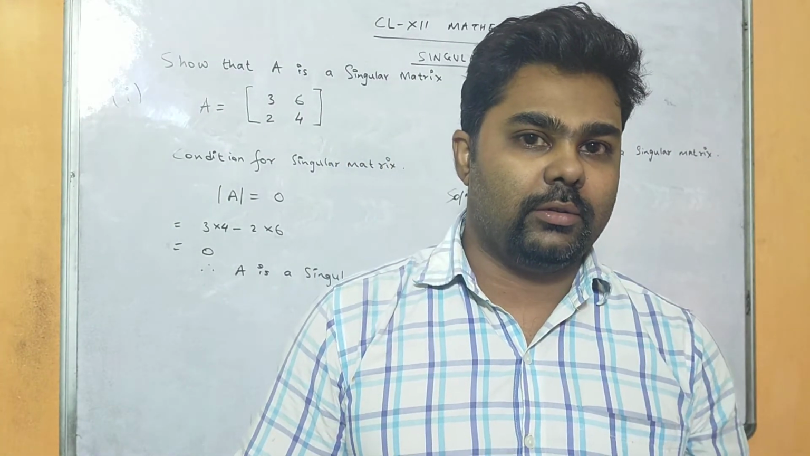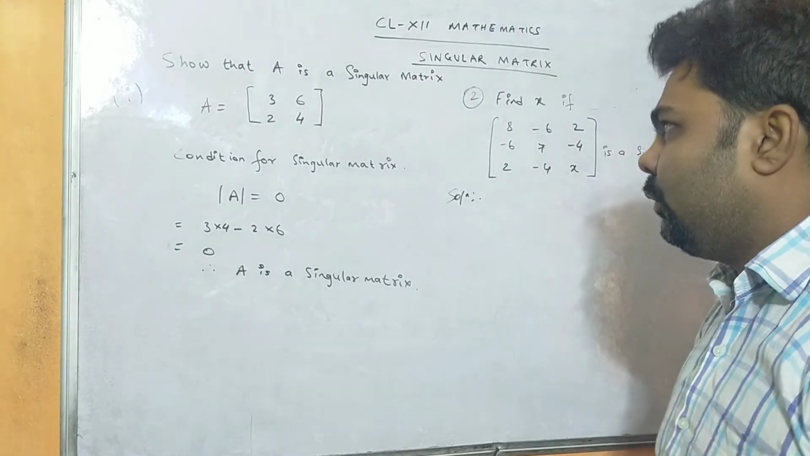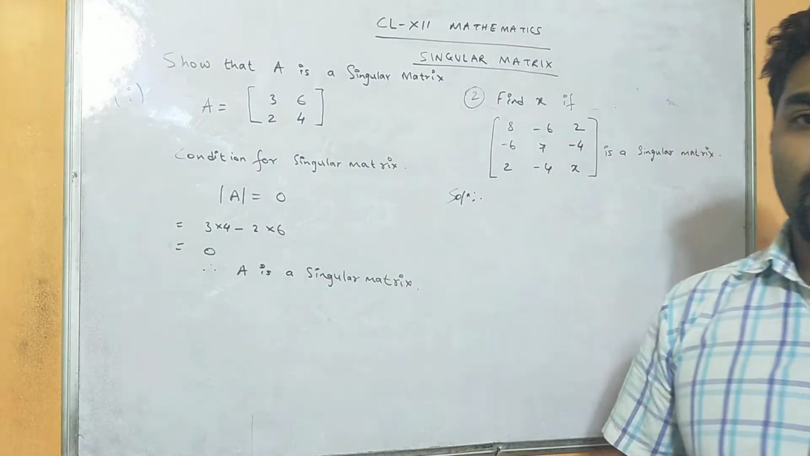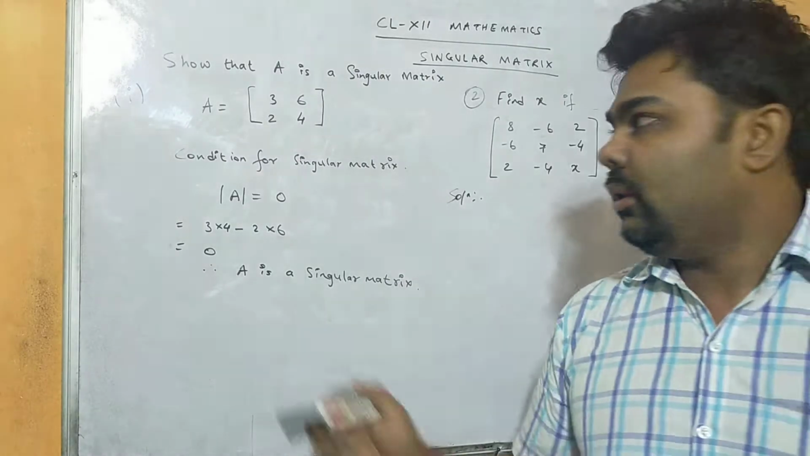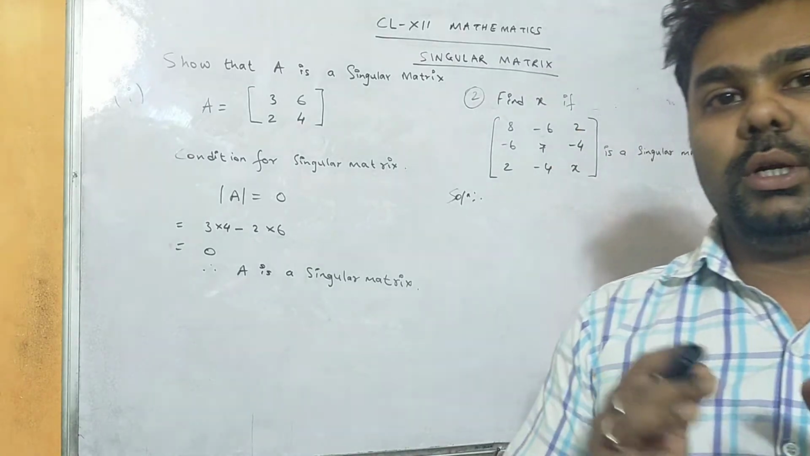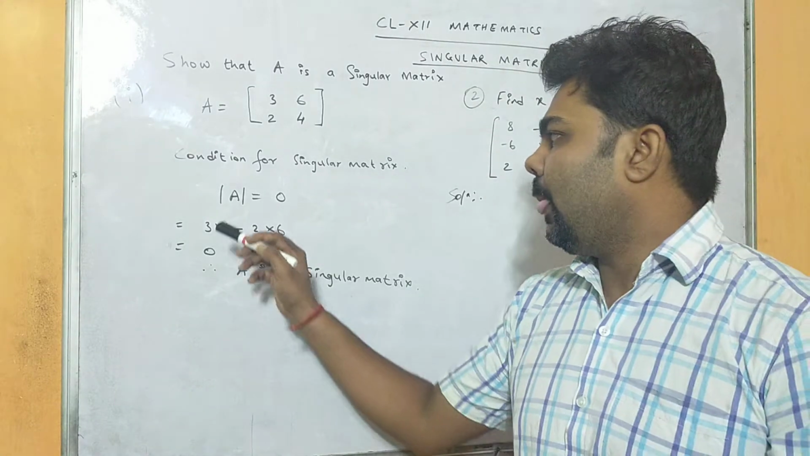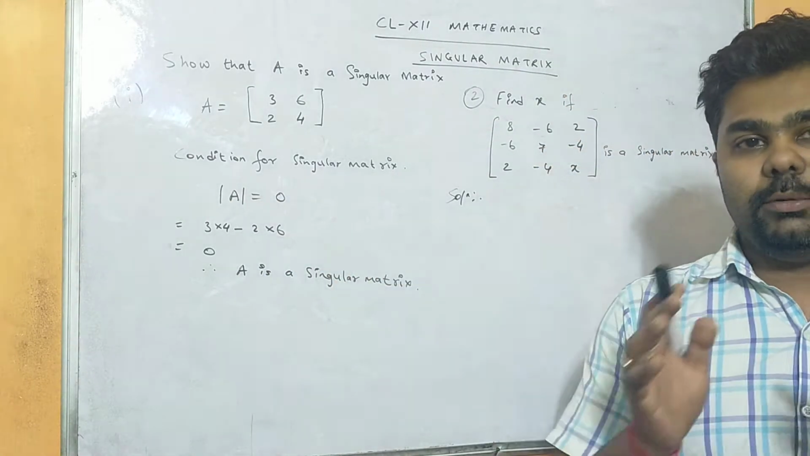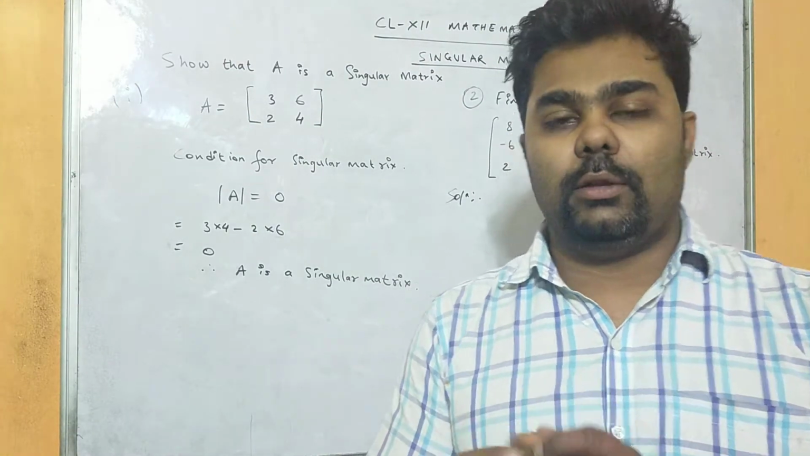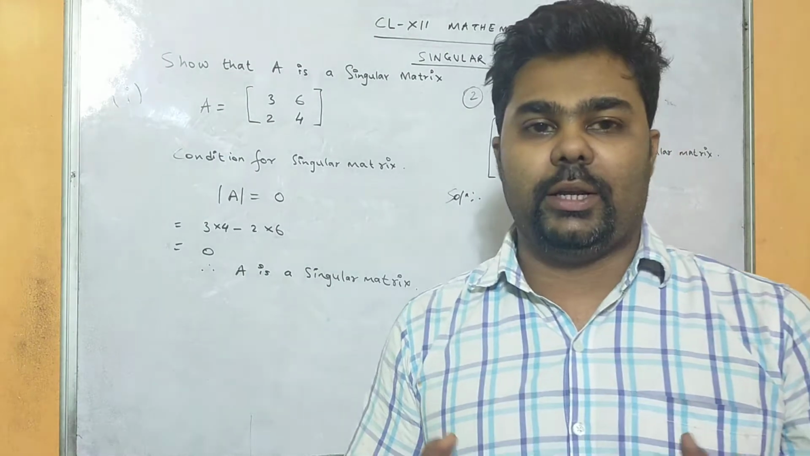the singular matrix. As you can see on the board, I have noted down one question, that is A equals 3, 6, 2, 4, right? We have to show whether this matrix is a singular matrix or not. So the condition for the singular matrix will be mod A must be equal to 0. That means the value of that matrix must be equal to 0. After getting the value of that matrix, if we are getting 0, we can say that yes, it